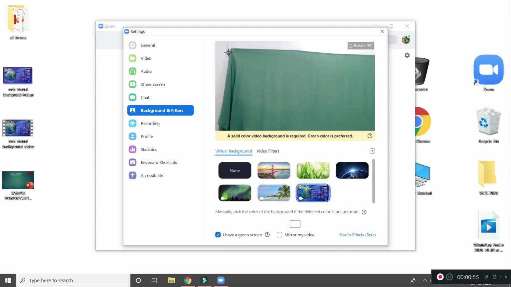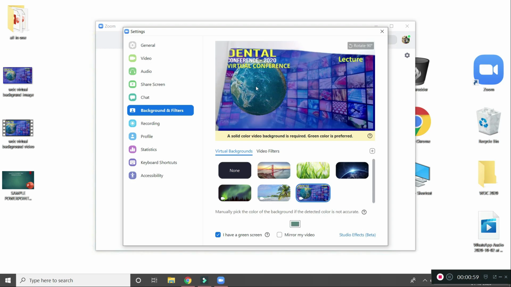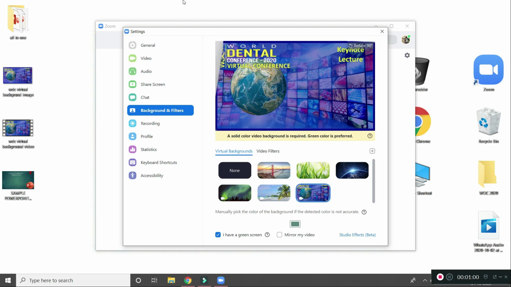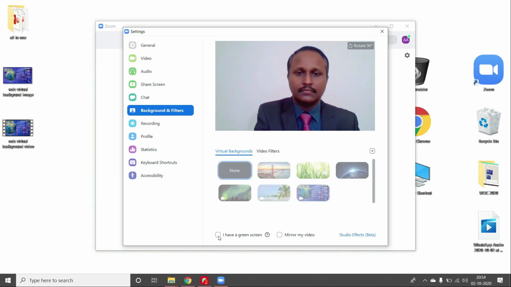Now you can adjust your laptop position so that the camera covers only the green screen behind you, so that you'll get the virtual background on the entire screen. If you don't have a green wall or a screen, deselect it.